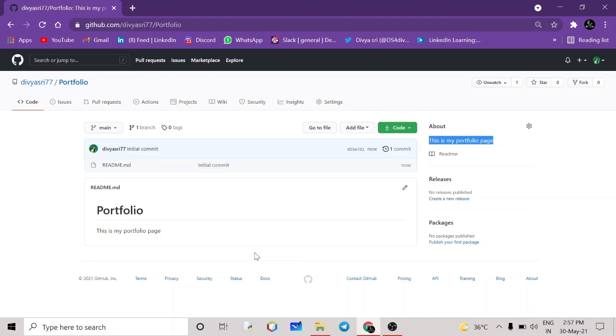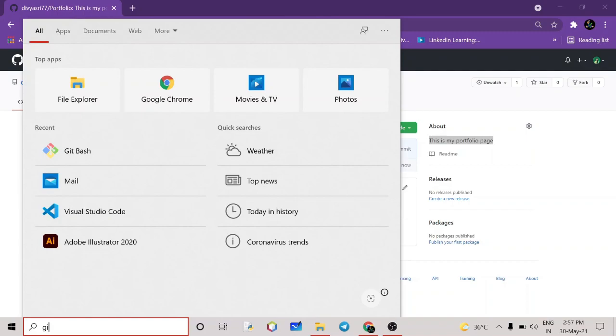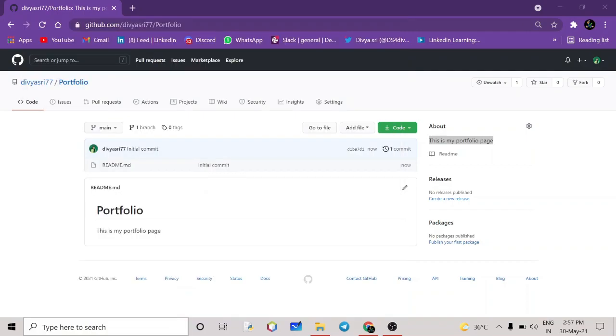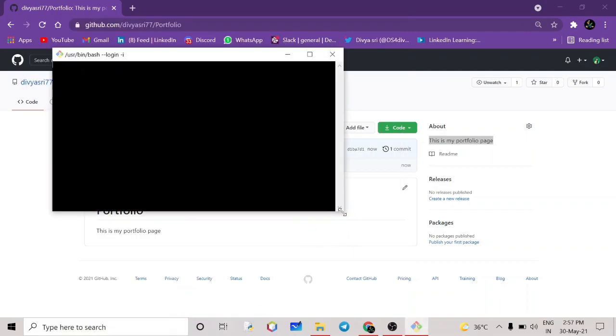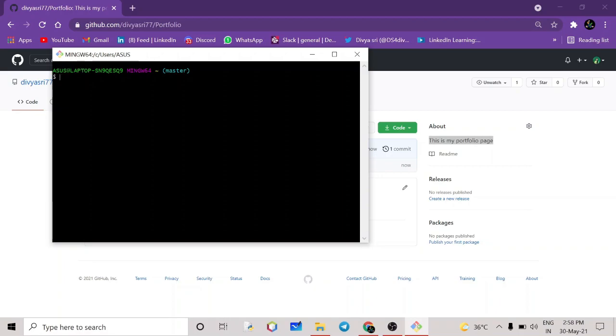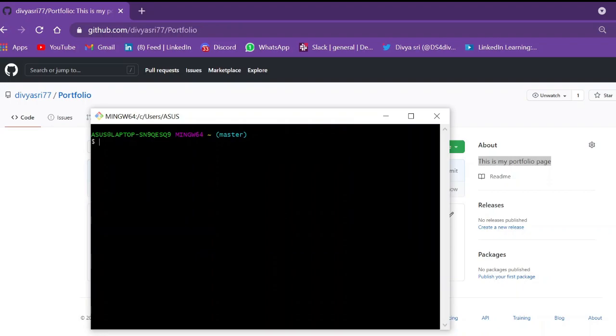Now we are going to push our code to our repository. For that, the first method we are going to use is Git Bash. In order to learn more about GitHub, you have to learn the basics of Git. So follow these 9 steps to push your code into the GitHub repository. The first one is pwd.